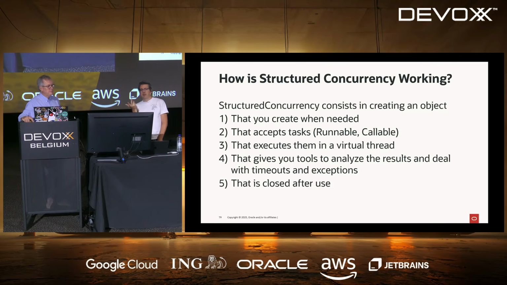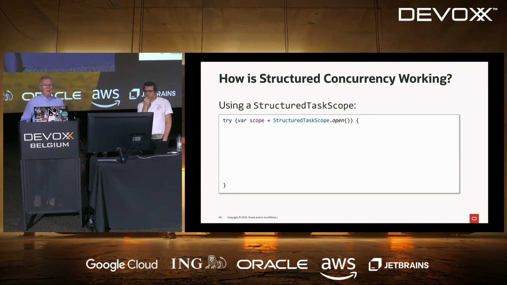Yeah. So technically, it's not a pool of threads because you don't want to reuse those objects. It's more something that will take care of a list of virtual threads. Plus, when you create it, there's no thread in it. It's empty. You create threads on demand. So the pattern of code is the following. There was a first version of the Structured Task Scope API in which StructuredTaskScope was a class, and it was not final, and you could extend it. Now it is a sealed interface, so you cannot implement it yourself. Okay, you need to rely on the implementation that is given to you by the API and that you don't see, by the way.